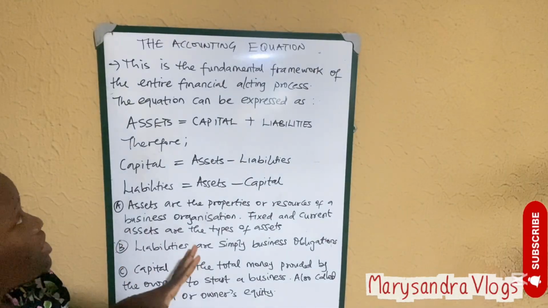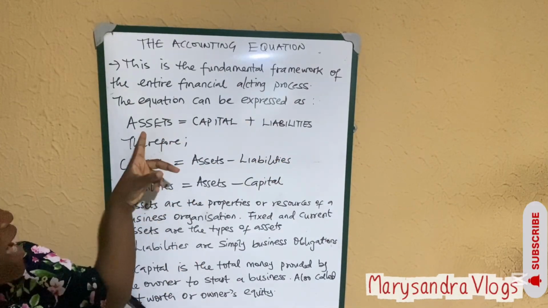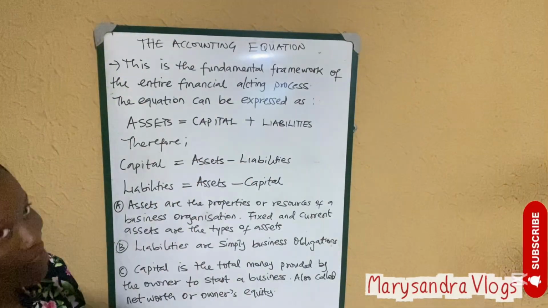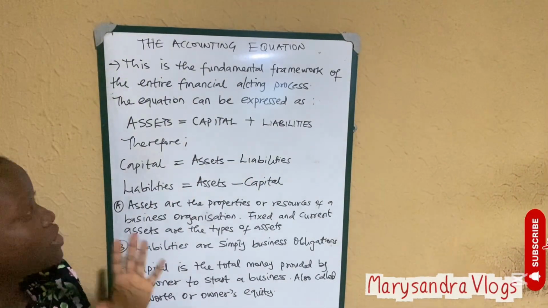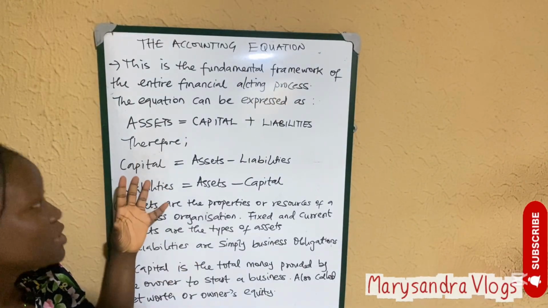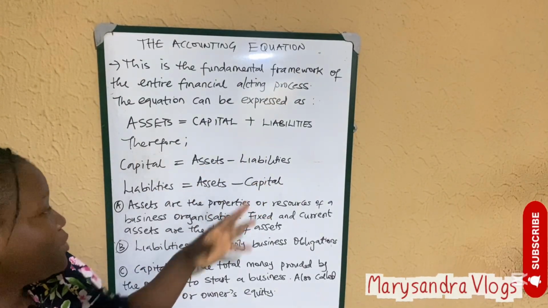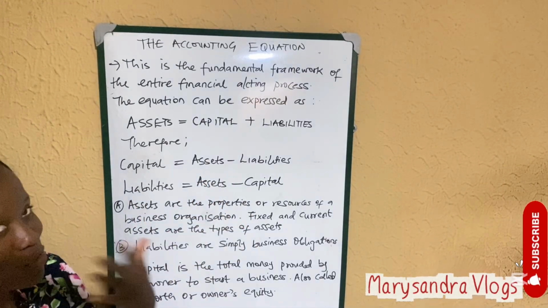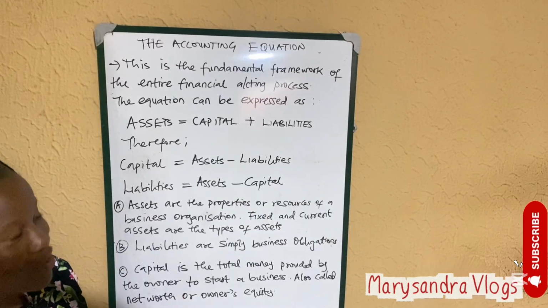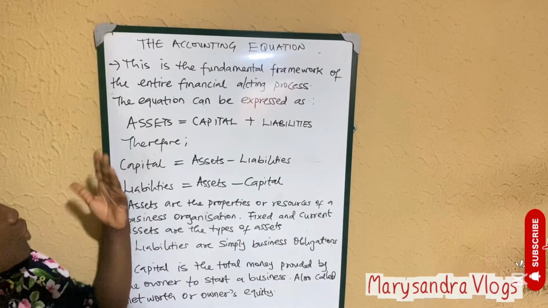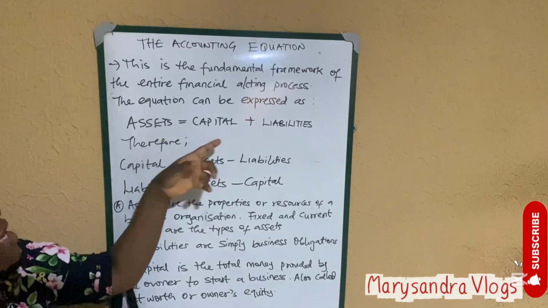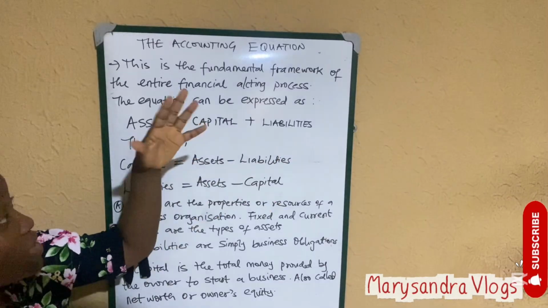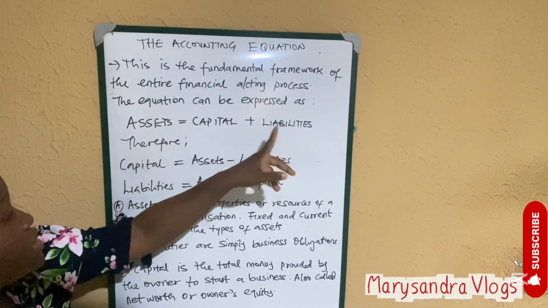Simple, the accounting equation is expressed as assets is equal to capital plus liability. Assets is equal to capital plus liability. Therefore, capital is equal to assets minus liability, and liability is equal to assets minus capital. Of course, you know the math. If you want to be an accountant, you have to be good in the area of mathematics. So it's just a case of make capital the subject. Capital will therefore be assets minus liabilities, and if you want to make liability the subject, it will